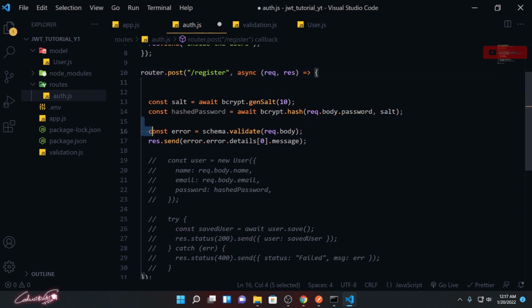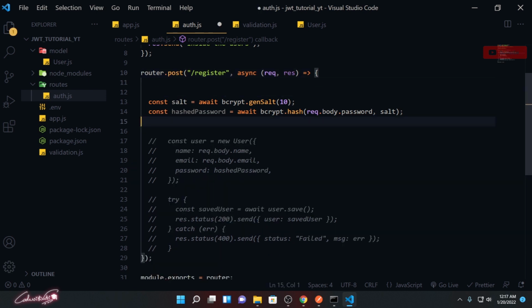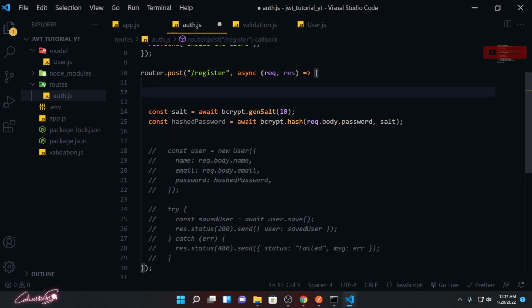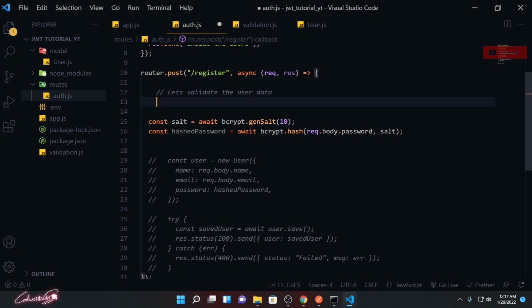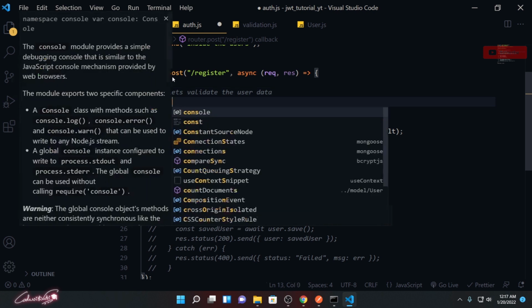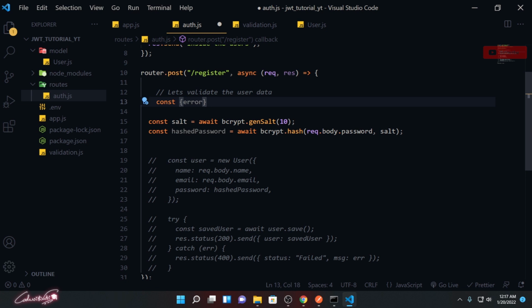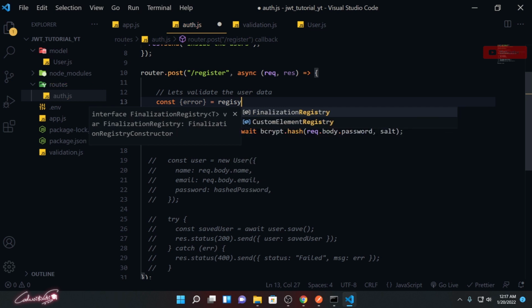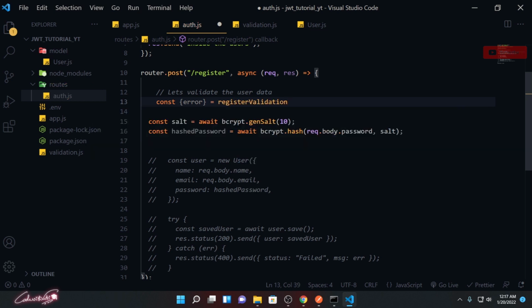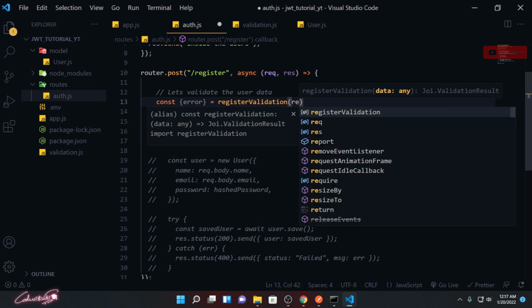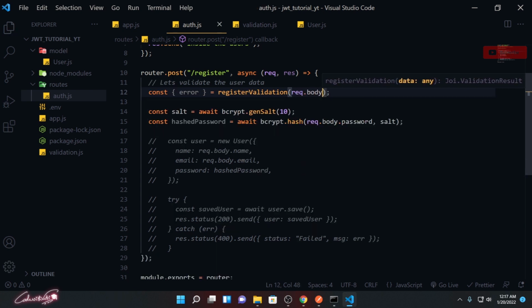So let me delete it. Right after here, let me delete it, and right above here I need to validate all the details, right? So let's validate the user data over here. First, const error, we are getting the error object from the particular schema, because here I'm going to call the registerValidation and I'm going to pass request.body.